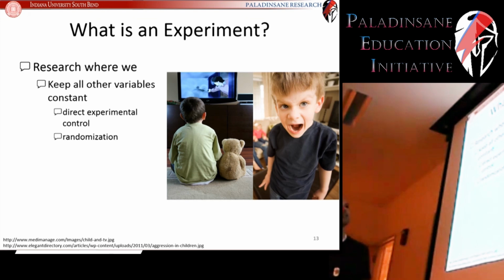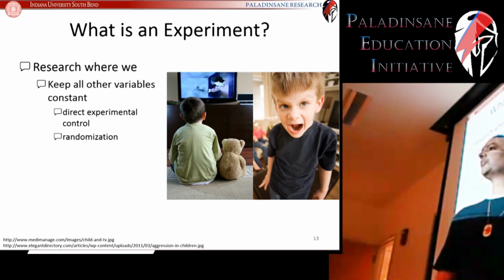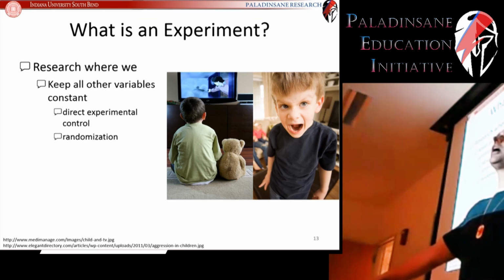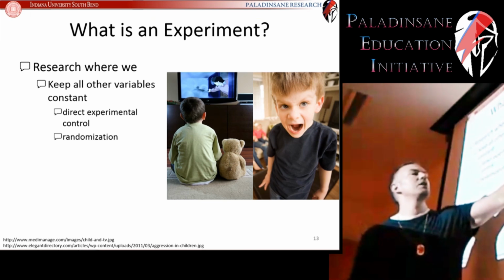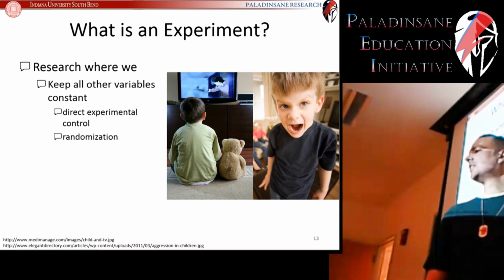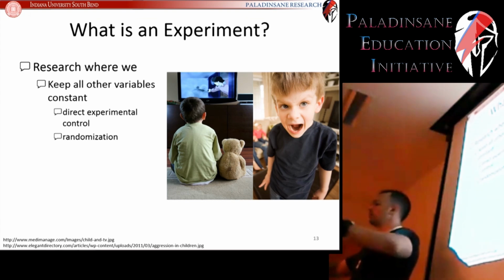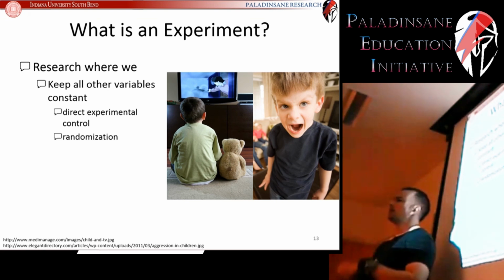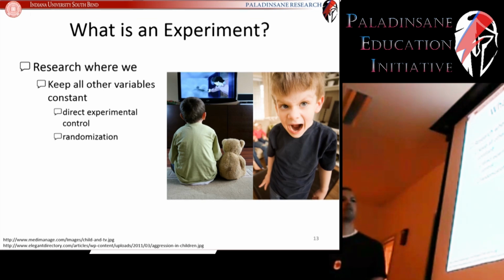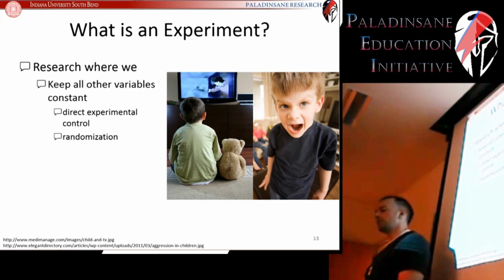So let's take a look at aggressive behavior. Let's say that we wanted to keep the groups equal in terms of what might be causes of aggressive behavior. So all we want to do is make sure that the TV watching is different, and we want to control for all other factors that contribute to aggressive behavior. We have 100 subjects, and we can measure them on those different characteristics. So what are some characteristics of a person that might be associated with aggressive behavior? Or what are some characteristics of the subjects that we might want to make sure is equal in both groups?